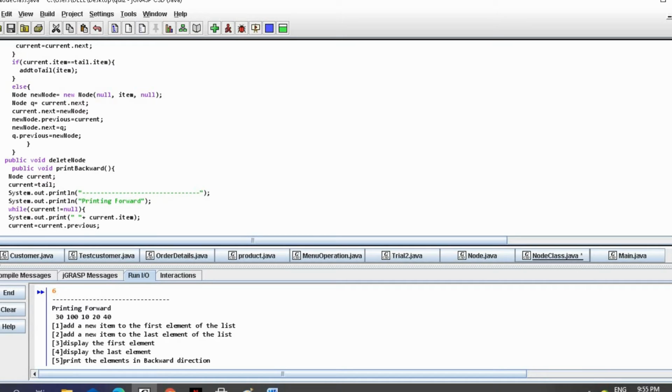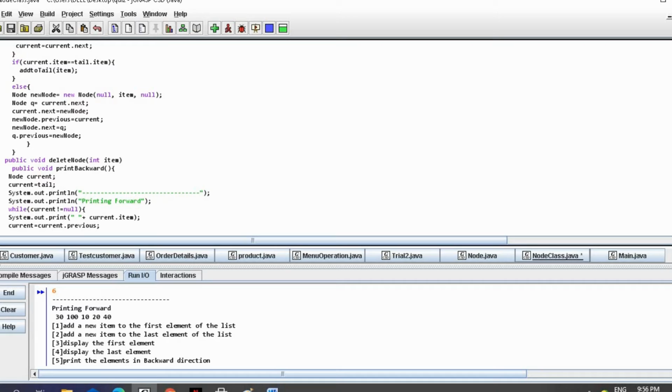We're going to explain it after I put the entire method, so that we don't get confused. And inside its parameter we're going to put a value item,